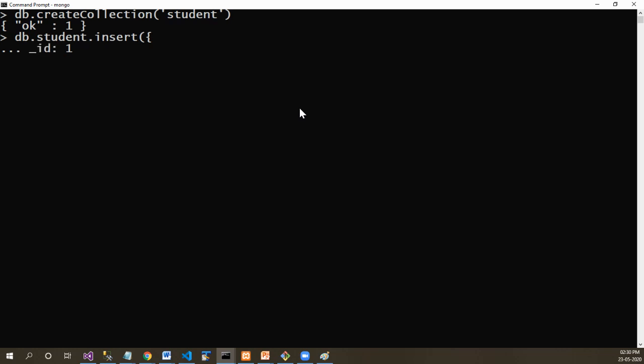By default, this _id is auto generated. If you want to override it, you can do so by writing _id and providing the value that you want. Then I want to provide the first name of the student. Let's keep it Raj for now. So first data type is ObjectID, second is string.